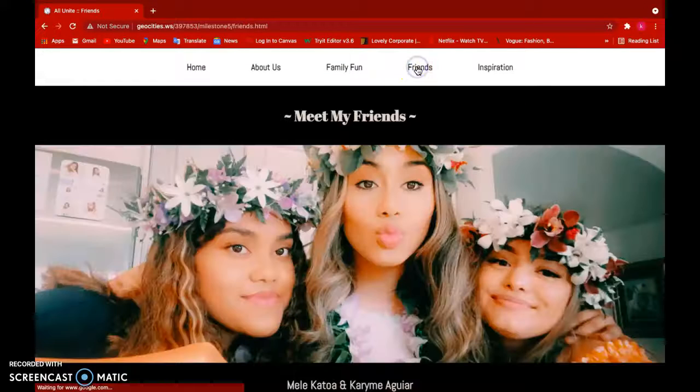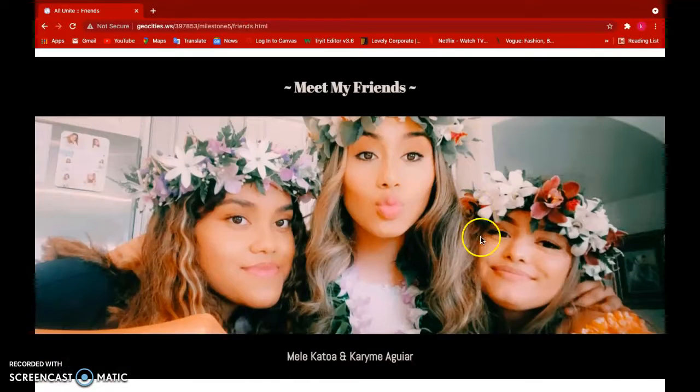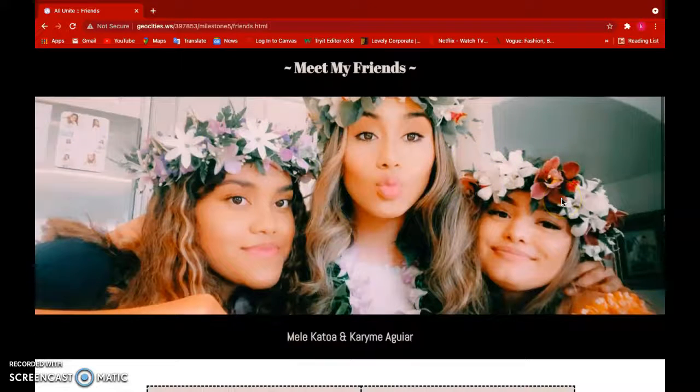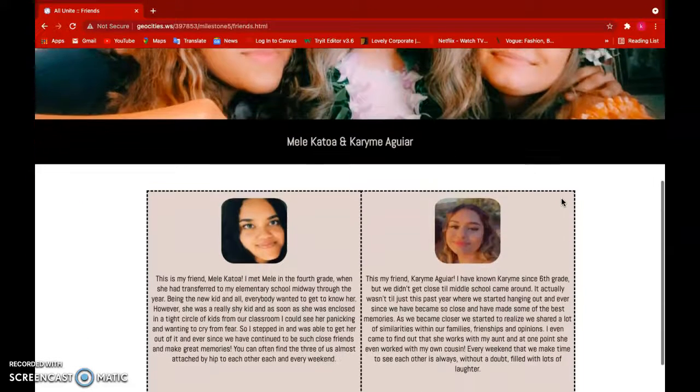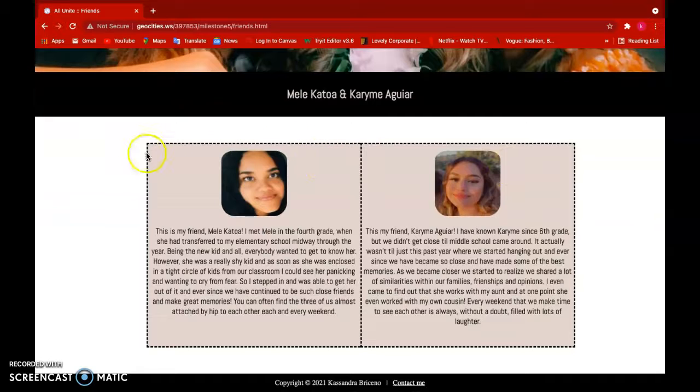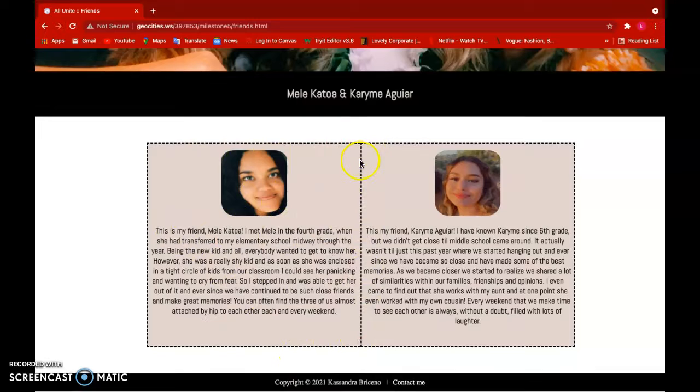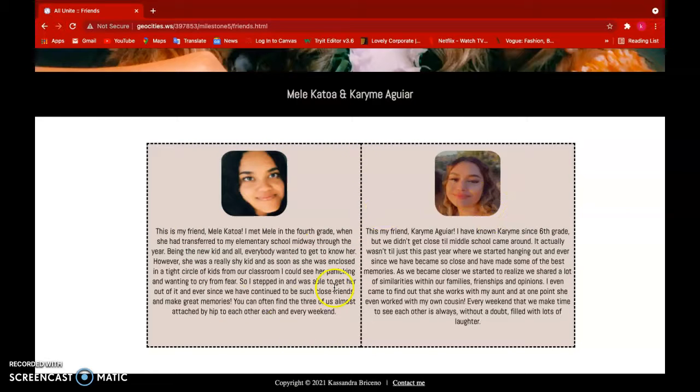Moving on to my friends page. Here I provided a hero image, and again I cropped it and then I ran it through that compressor, and I really like how it came out. And again, I used the same type of consistency within the elements, with the dash border and the background neutral blush. And this is again a flex item within a grid, and I liked it because I was able to find that alignment with it.